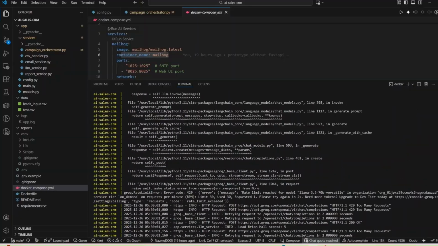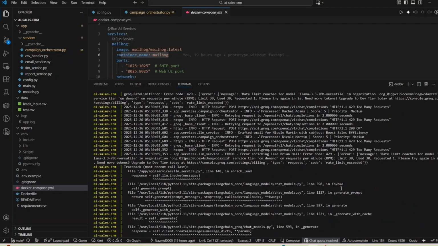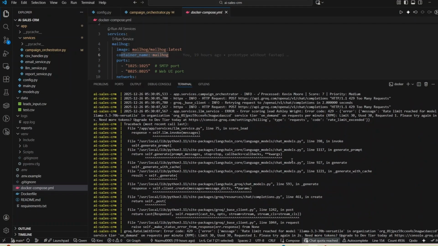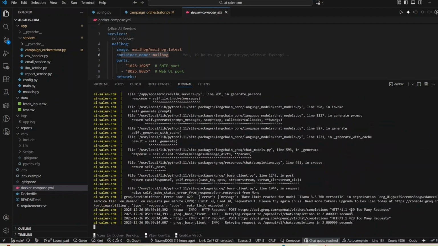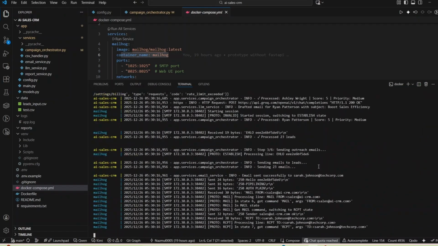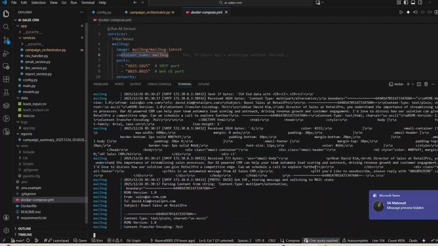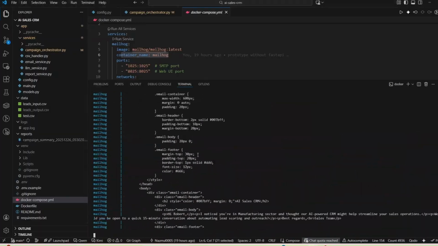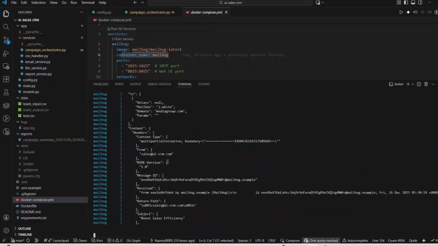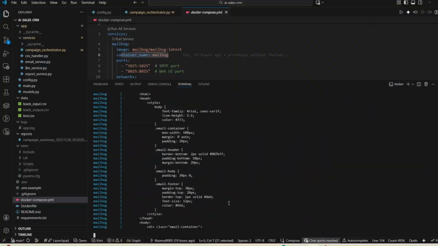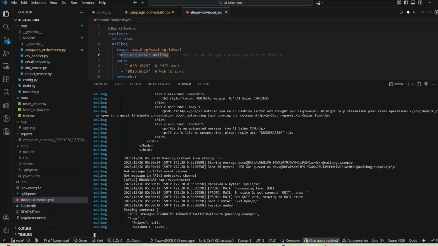So it's currently running, and behind the background the work is already happening. It takes some time because we have 24 leads. Groq is super fast, that's why it's okay. As you can see, the emails are being sent now. We will check them using MailHog, don't worry. Let's finish the campaign.